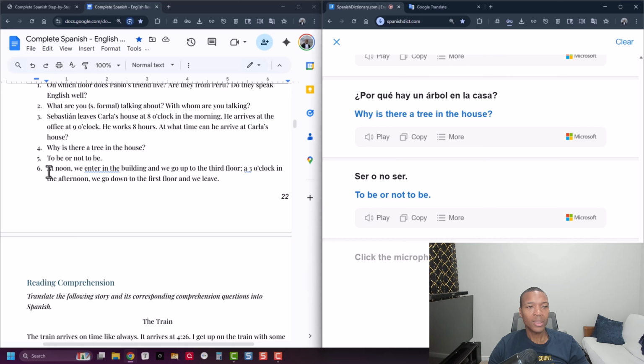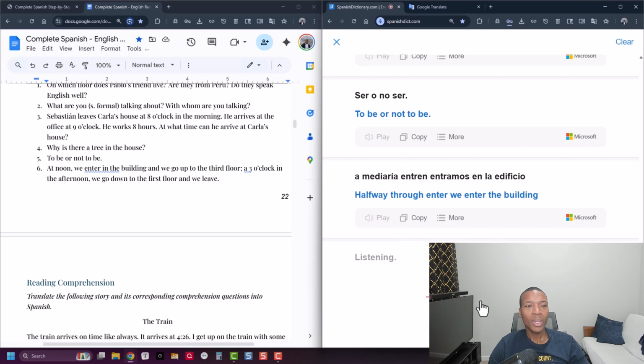All right, last sentence. At noon, we enter the building and we go up to the 3rd floor. At 3 o'clock in the afternoon, we go down to the 1st floor and we leave. A mediodía, entramos en el edificio y subimos al 3er piso.